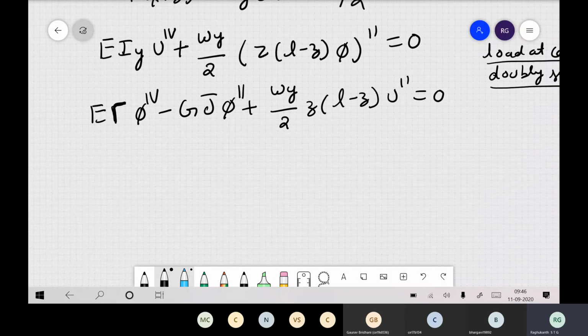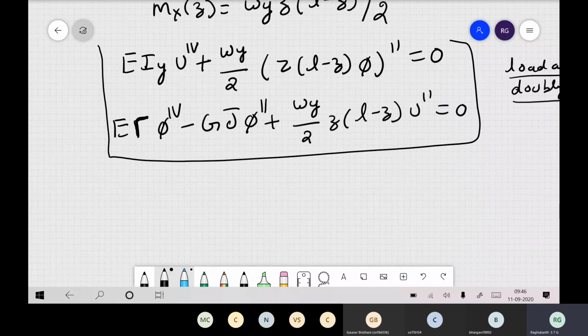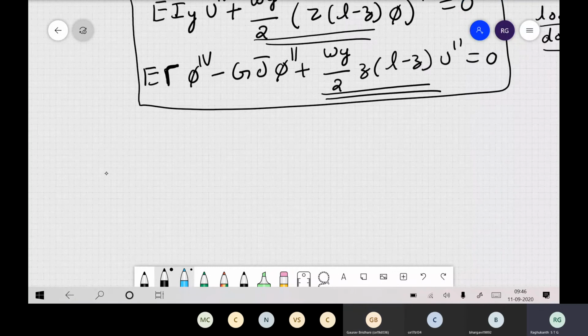Now here, how do you solve these types of equations? What is the problem with these ODEs? Tell me, what type of ODEs are there? You look at the variable coefficients. So this is our big problem. Now, how do you solve ODEs with variable coefficients? How do you solve?